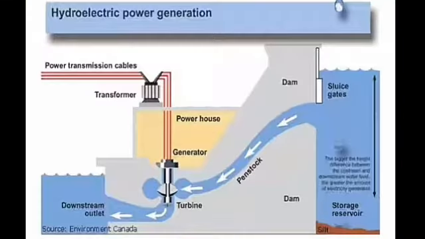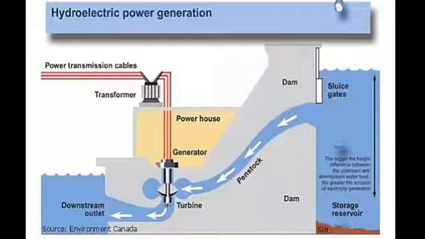Here is a pictorial representation of hydroelectric power generation. So here the water is stored at some higher level with the help of a dam, and then the potential energy stored in the water is allowed to be converted into kinetic energy by allowing the water to flow through